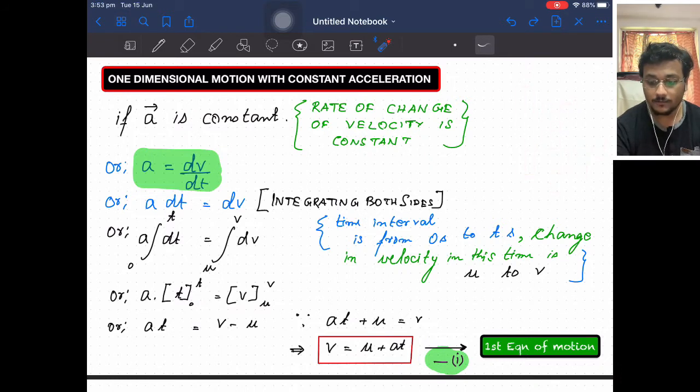up with velocity v. But now the scenario is the object maybe started from rest, so that's why we have taken a lower limit. Maybe it started from rest, and up till which time interval it has moved, we have no idea. So we have considered, let the object move till time t. And similarly, at the initial time, maybe it will be having some velocity which I don't know, I don't care, it could be anything. So that's the initial velocity of the body u, and after a time interval t, it has reached a new velocity which also we have no idea about, so we have taken that as v.